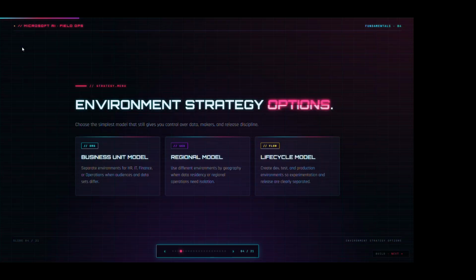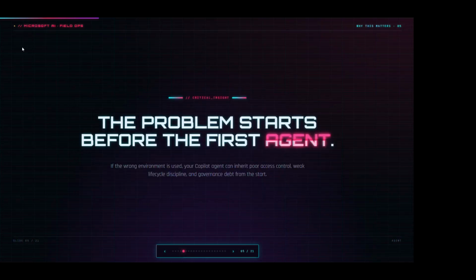I would start with life cycle first, spin up a dev environment, and then build stuff there. If the governance of your organization dictates either splitting it by business or region, then go down that rabbit hole. But start with the simple stuff, right? Dev. Get a dev environment and build stuff there before your default environment. Either convert your default environment to dev and then create a new production environment, or do it the other way around. So, and why it is important to do this, because